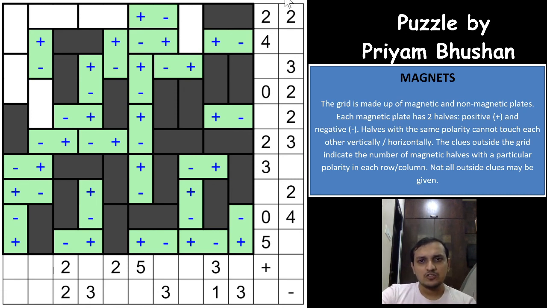Okay, excellent. So if you see the 4, so if this is a magnet, right? If this is a magnet, this will have to be a negative symbol, right? For example, this will have to be negative, this will have to be positive. Now to fulfill the other thing, there has to be one more negative in this row, which is not possible by these 4 cells, because then you'll have an odd number of symbols here and you have already an even number of clues here, which means this has to be the negative, which is not possible, right?